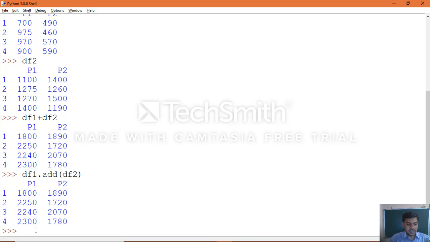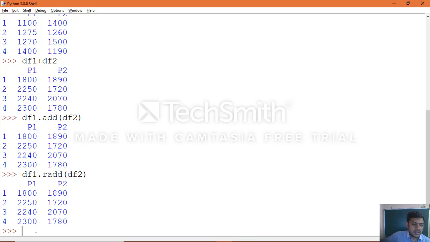Same way, reverse addition you can also make use of, that is radd. We made a mistake, yes, radd of df2. Okay, so which will also give you the same result as output.